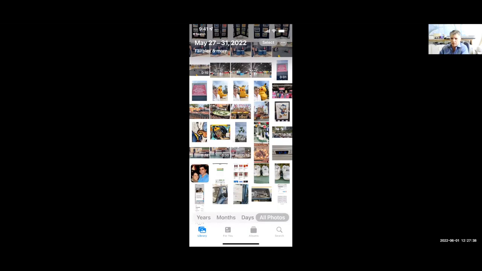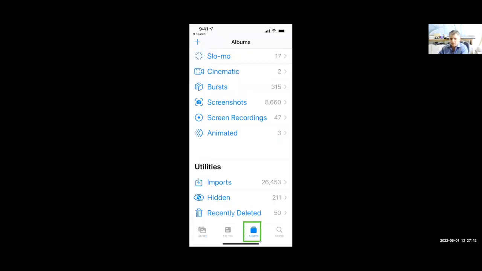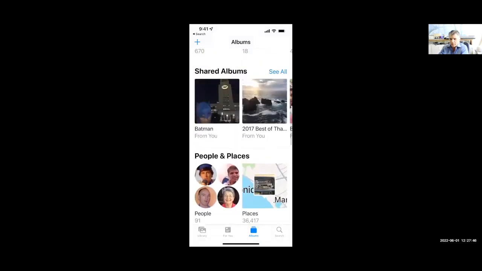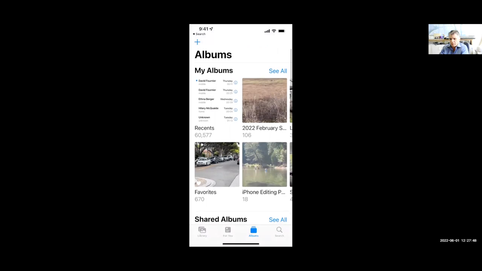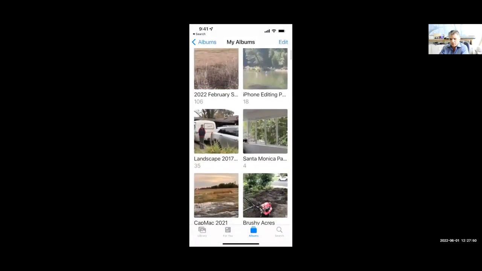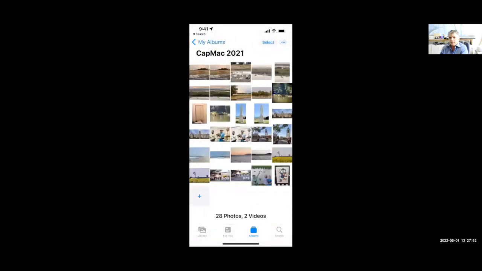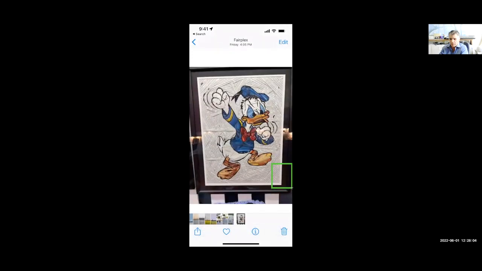So let's look at the albums down here at the bottom. Here I'm in the albums, and I'm going to go find that album of mine, that Cap Mac album. Here it is, and I see there's Donald Duck. Now what people think is, you know what, I don't need this Donald Duck picture anymore. I'm going to delete this picture. So they tap on it, they get it open here, they hit the trash can here,